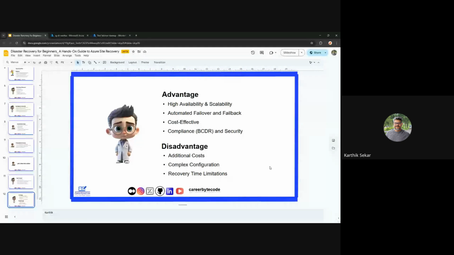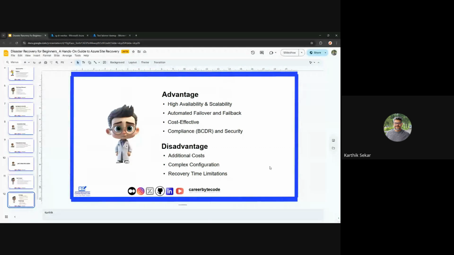When we go for manual replication, we have to set it up manually and spend a lot of time on it. Compared to that, it's just a click and execute the action. So it is very cost effective. And it helps to follow compliances. As we said, some businesses require keeping a number of replications and following security. Like you can enable RBAC access to a specific replication. Those kinds of things we can do from ASR.